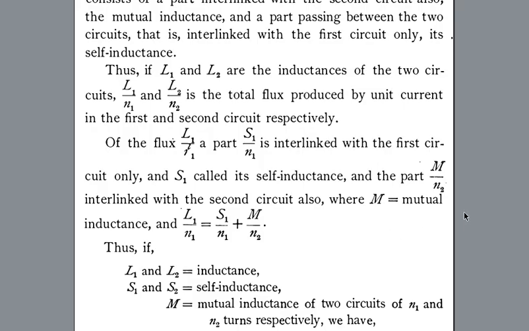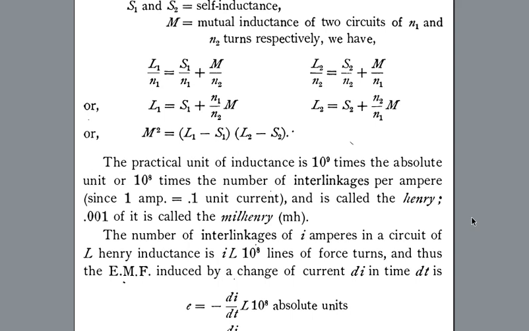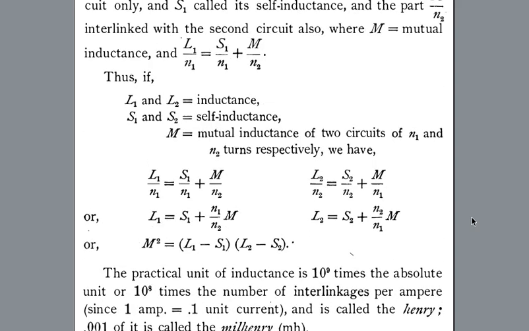Of the flux L1 over N1, a part S1 over N1 is interlinked with the first circuit only, and S1 is called its self-inductance, and the part M over N2 is interlinked with the second circuit also, where M equals mutual inductance. And L1 over N1 equals S1 over N1 plus M over N2. Thus, if L1 and L2 are inductances, S1 and S2 are self-inductances, and M is the mutual inductance of two circuits of N1 and N2 turns respectively, we have L1 over N1 equals S1 over N1 plus M over N2, and